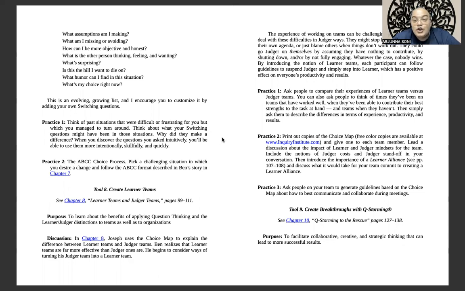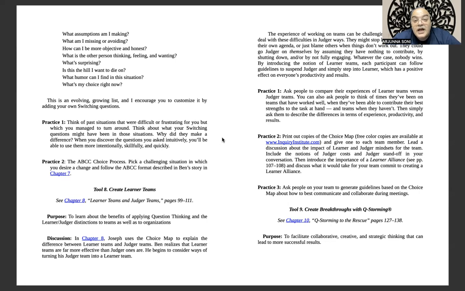Whatever is the case, nobody wins. By introducing the notion of learner teams, each participant can follow guidelines to suspend judger and simply step into learner, which has a positive effect on everyone's productivity and results.